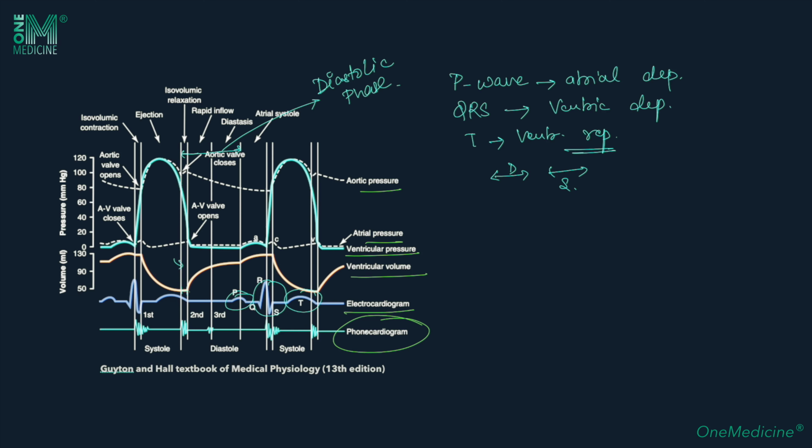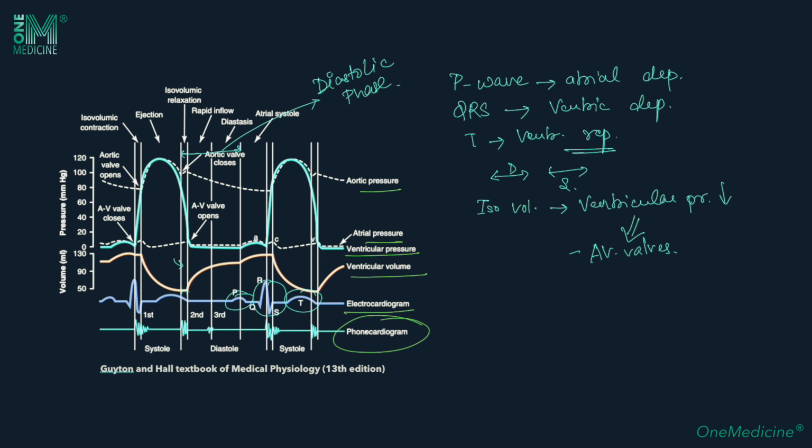Due to this isovolumic relaxation, the ventricular pressure will drop. As you can see on the top in this red line, during the isovolumic relaxation phase there is a steep fall in the ventricular pressure. This fall will lead to opening of the AV valves. Now what will this lead to? This will lead to a